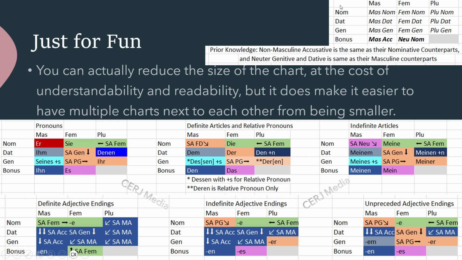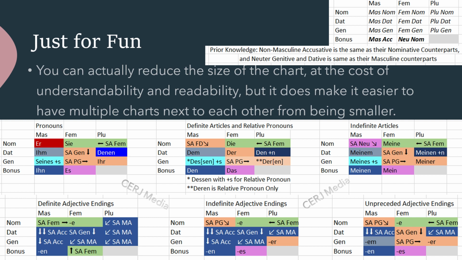You have the masculine nominative, the feminine nominative, the plural nominative, and same with the dative and the genitive. However, we have the bonus here, and the bonus features the masculine accusative and the neuter nominative, which would be the only ones that are kind of weird. Now, obviously, the chart is a little bit harder to read, and it's a lot weirder, but technically you could make this chart and everything makes the same amount of sense because you don't have to have a specific cell for the